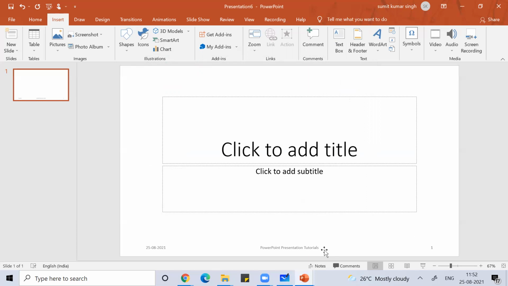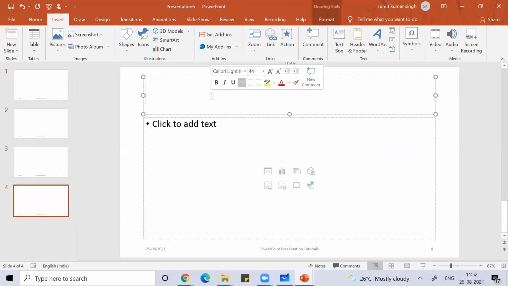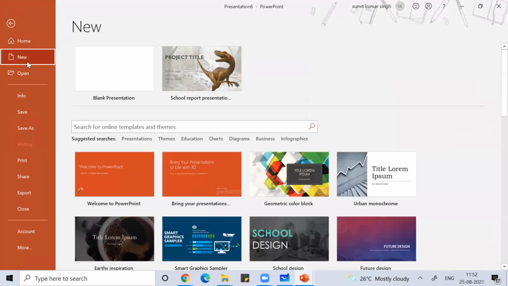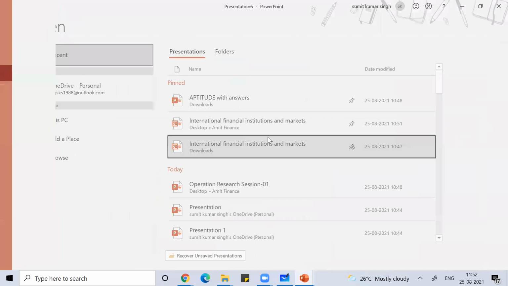If I want to add more slides, I'll press Control M, Control M, Control M. If I want to write anything, I'll write something here.